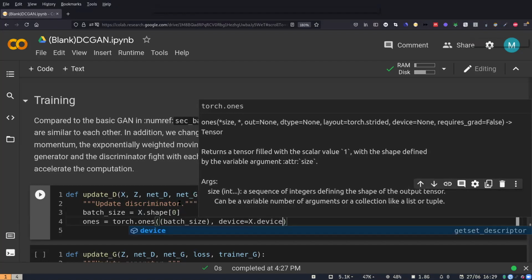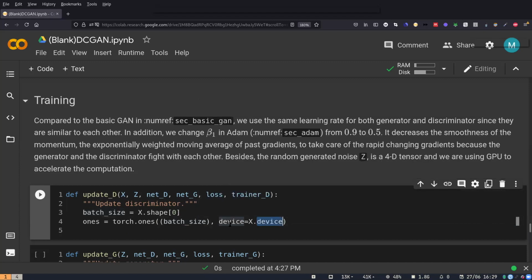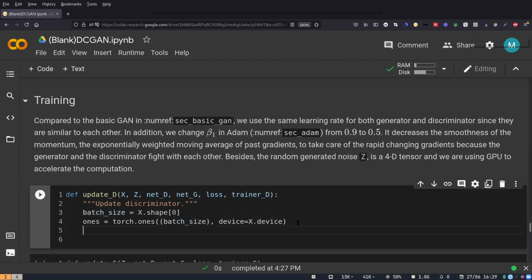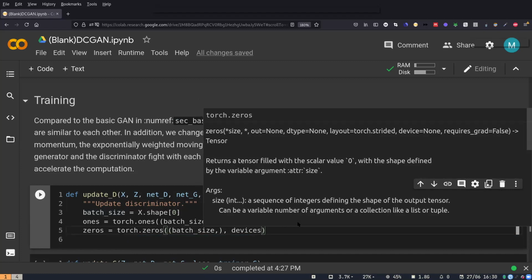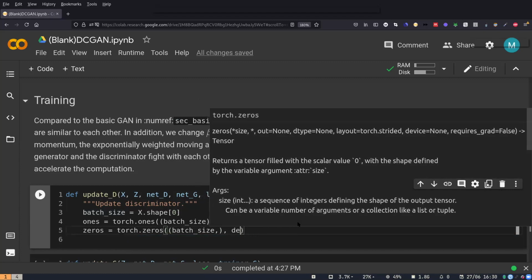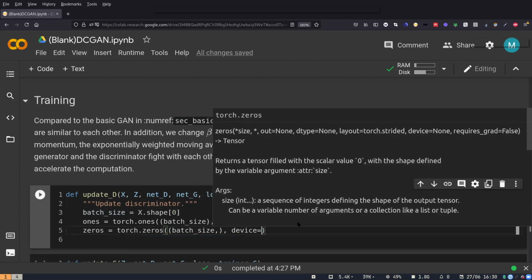Because since we are using the GPU, we have to utilize it as best as we can. Right? Zero is just going to be batch size. Device is equal to